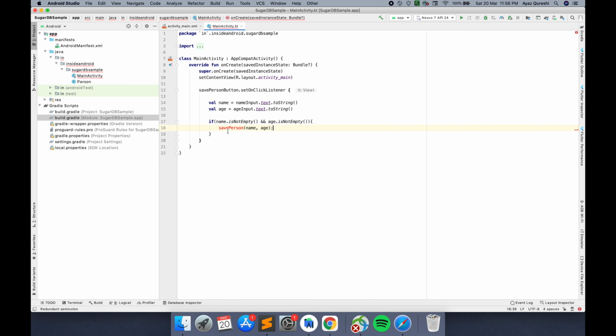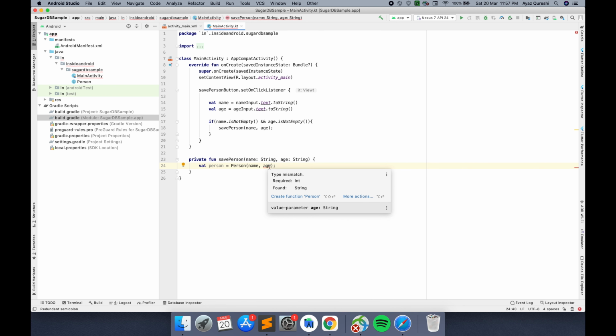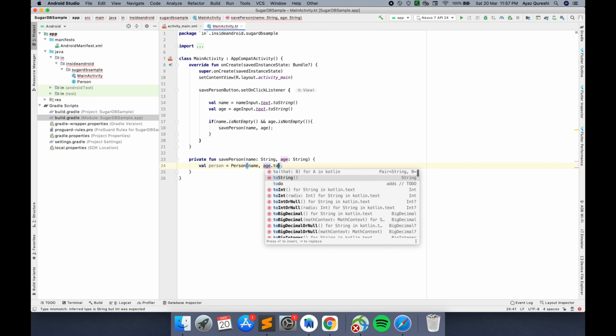Okay, so this is my function which will be called only if my name and age are valid. So let me just create this function. So here I'll create a person. To create a person, I have to pass name and age, right? Now here you can see my age should be int, and here it is string, so I have to convert it to int,